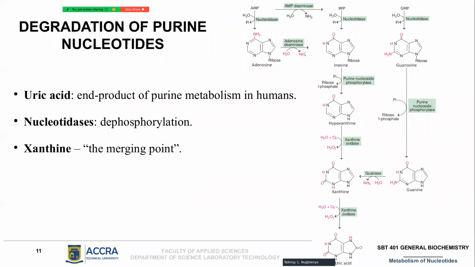Now, so far we have looked at the synthesis, that is the production of these purine nucleotides. But let's briefly look at the degradation, the breakdown. Earlier we were looking at anabolism. Now we look at catabolism, the breakdown of these nucleotides. So you see, this is adenosine monophosphate, this is guanosine monophosphate, and we are going to look at the different parts. If you take adenosine monophosphate, for instance, the first thing which happens is what? Deamination, so that the amine group is removed from